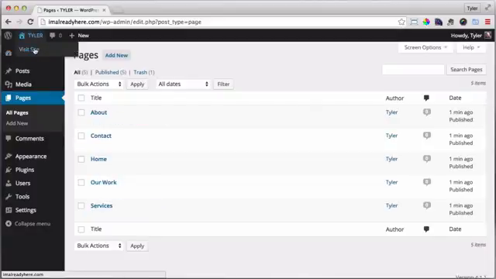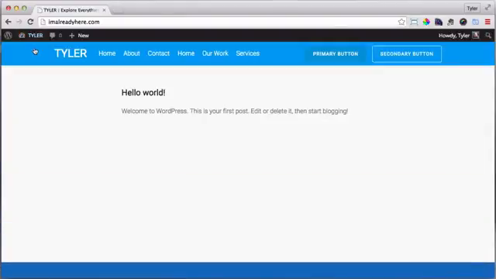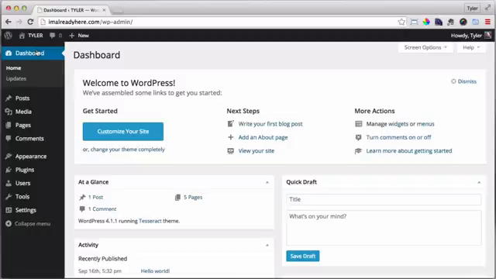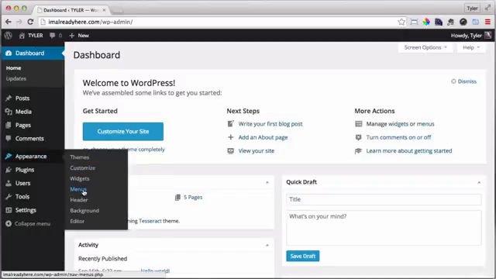But if we go to our website right now, we're going to see that there are 2 homes, and this is all out of order. We want the contact to be over here and the services over here. So how do we rearrange it, and how do we take off this home? Well, that's pretty easy. If we go back to our dashboard and we click on Appearance, then Menus,